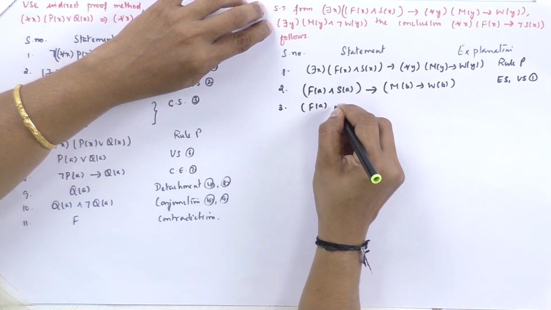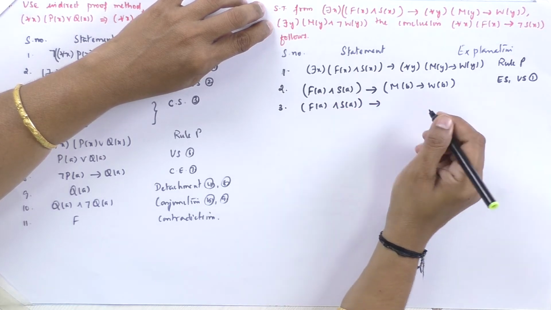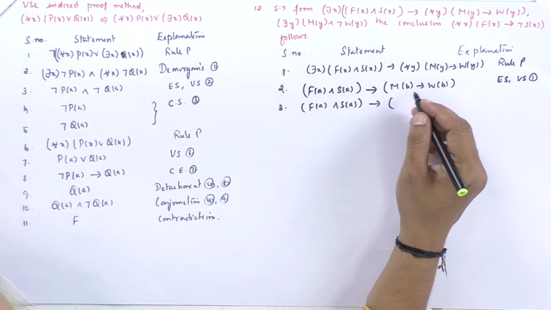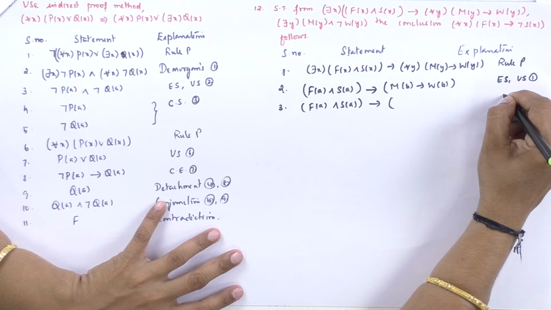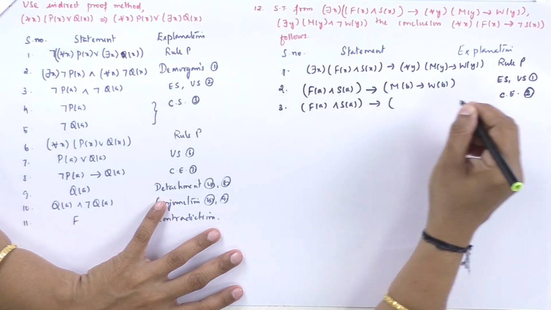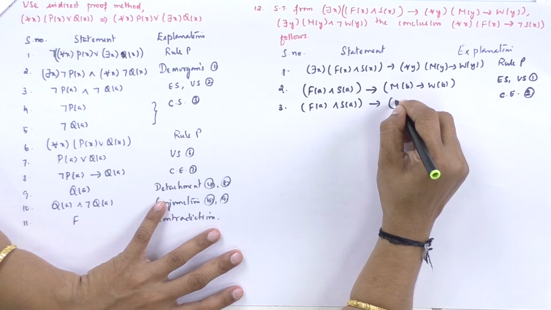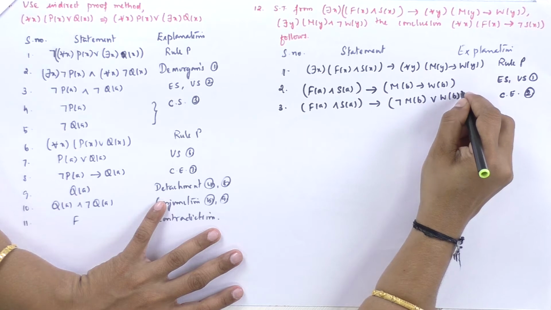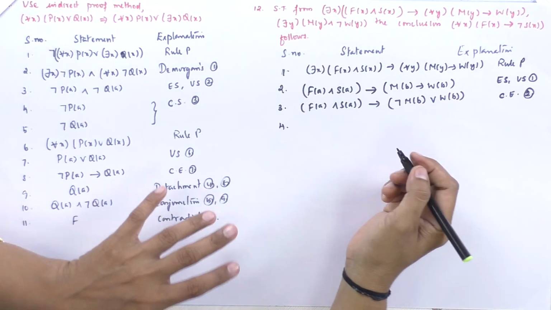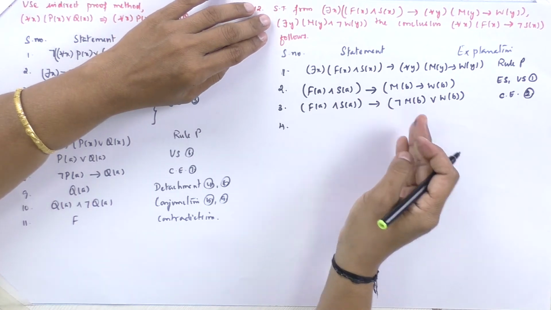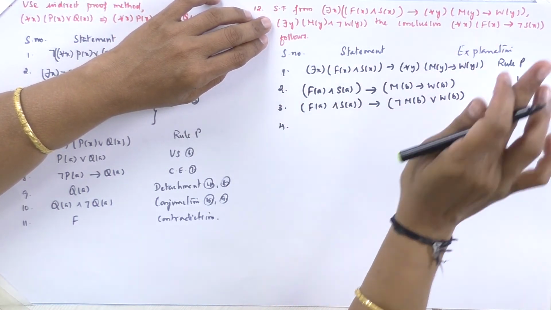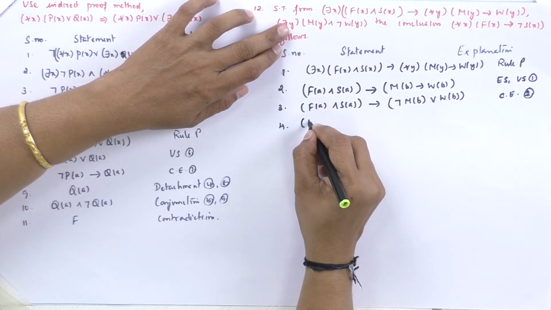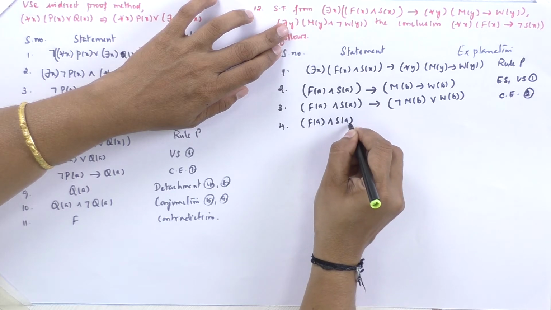So, that is f of a and s of a conditional. What can I apply here? I can apply conditional equivalence. So, if I apply conditional equivalence on 2, what do I get for this term alone? Negation m of b or w of b, we will get it. And then here m of y and I have. Parallelly, you just look into the other premises also, so that you get the correct conclusion with the minimum number of finite steps. So, we will have f of a and s of a